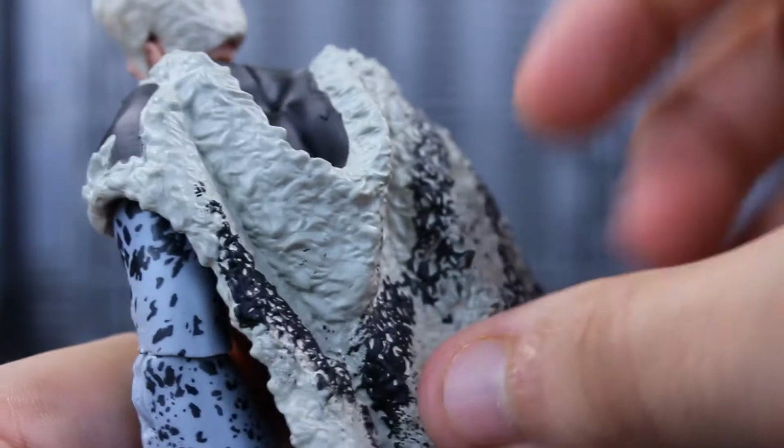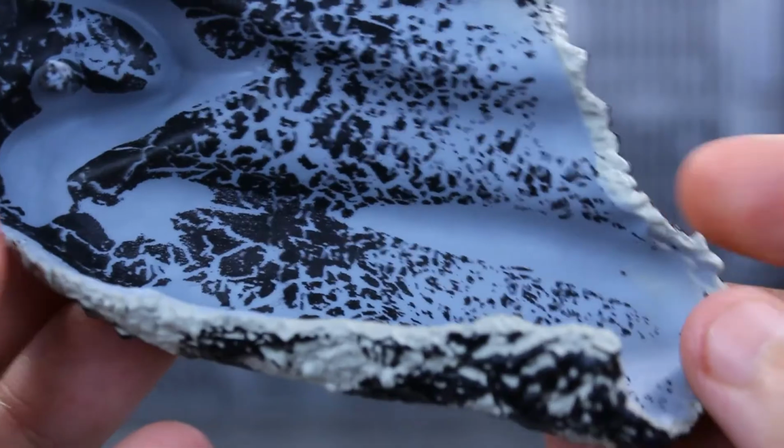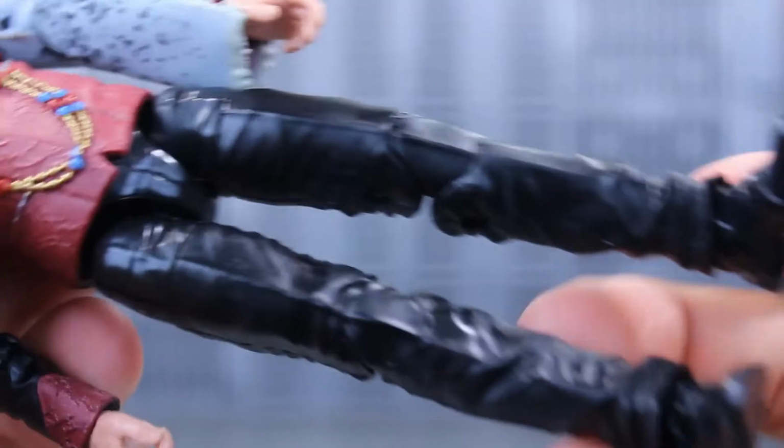And the cape is new, or his jacket, whatever you want to call it. That is newly sculpted. You got the fur-like texture. You got the pattern here, the black and white pattern here. It is removable, and when you remove the cape, you can see more of that pattern inside. So yeah, this cape is nicely sculpted. I dig it. And looking at the rest of his body, the legs right here are definitely from the Nick